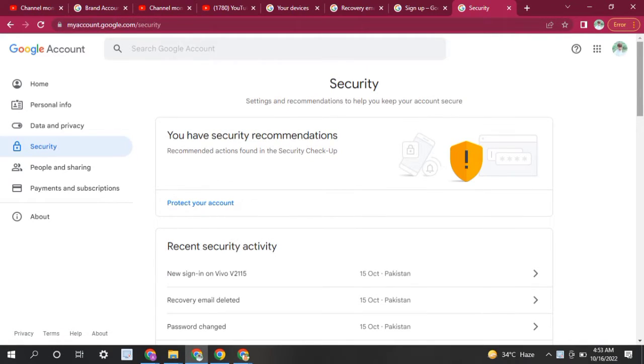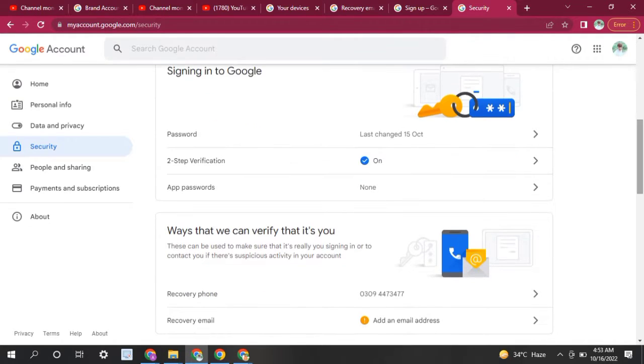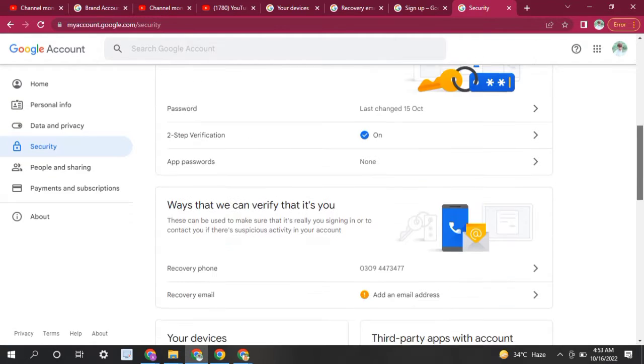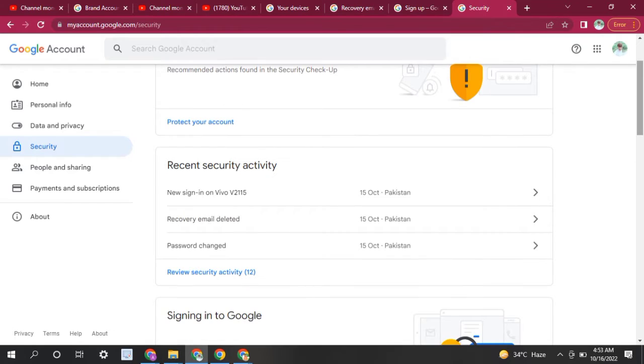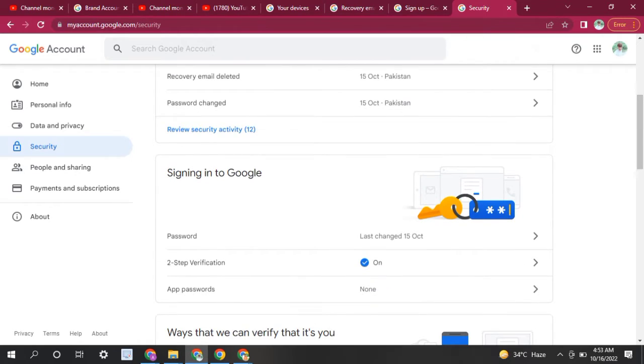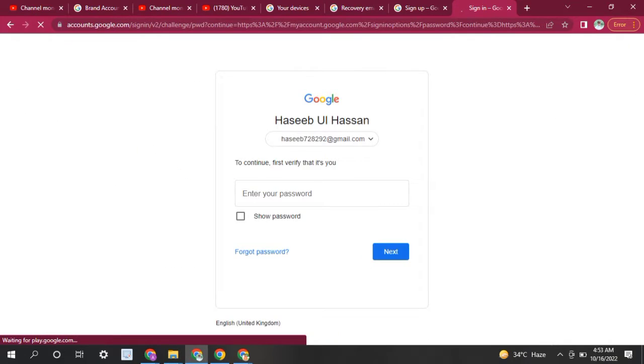After moving to the security tab, you have multiple other options here. For example, password, second step verification, add a new password. So I just have to click here to see how we can change our password. So I click here and